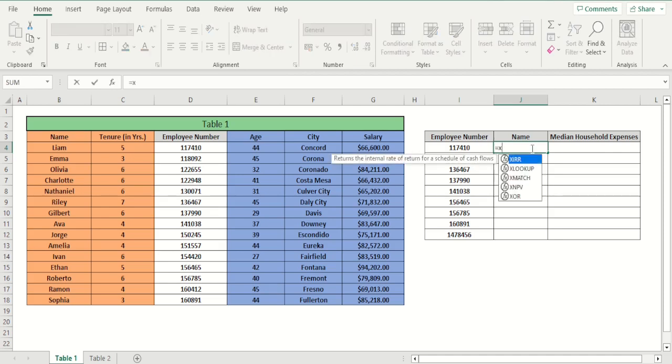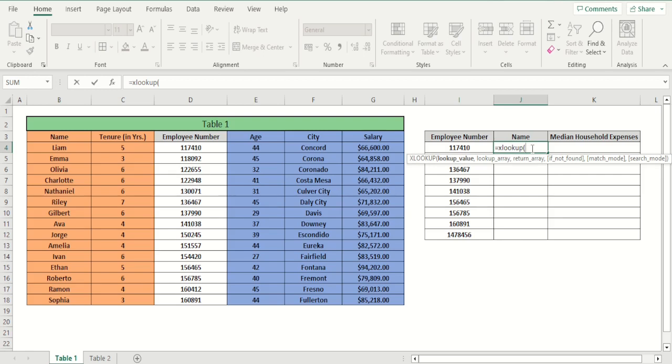So we start off with the XLOOKUP function, and let's see what Excel says about it. So Excel is very helpful in the way that it does provide a brief description of the different parameters for the function that you're using. In this case, there is a sum total of 5 parameters. Out of these, 3 of them are pretty important and the other ones are optional, and we'll see how we can use them. So the first thing that XLOOKUP will need is the exact value you're looking for in the